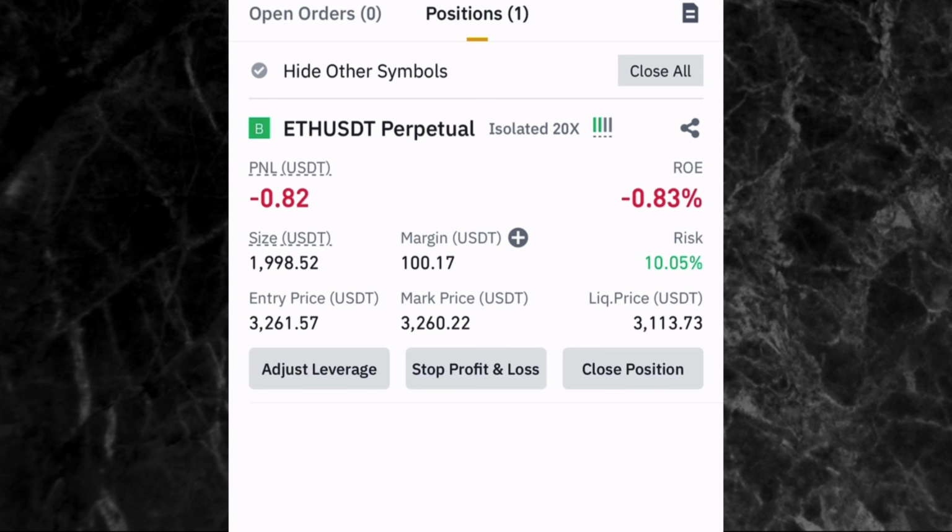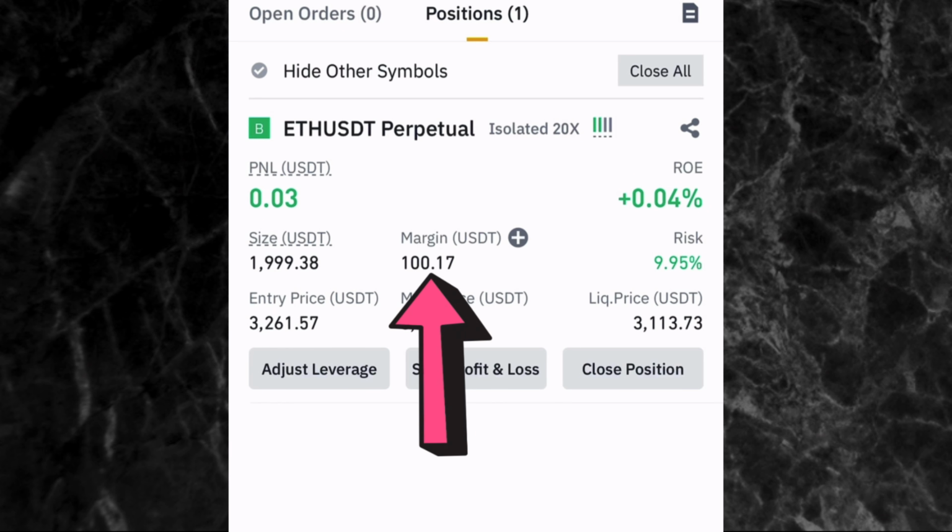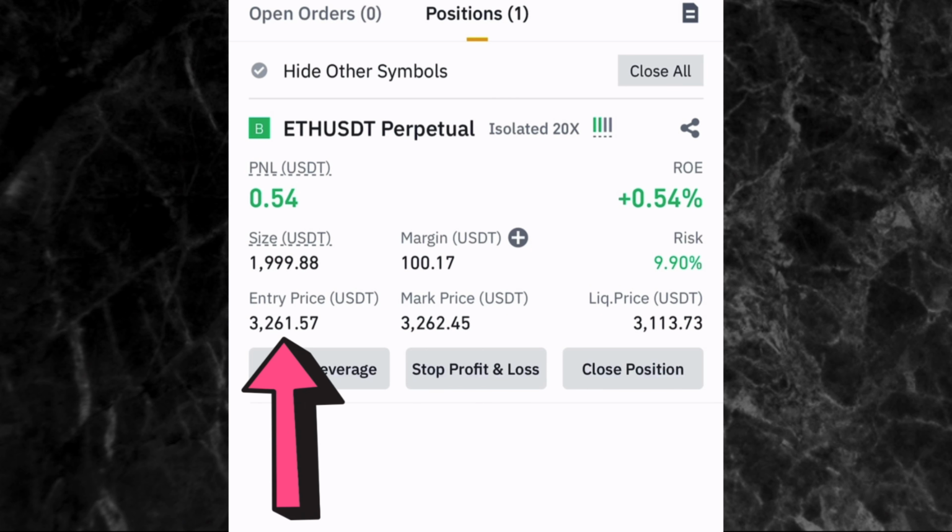Now let me explain some terms I need you to know right here. Now, you can see the size means the amount of USDT we have used to enter this trade, which is about $2,000. This is 1,999, which is approximately $2,000. And then the margin is the amount of money you used to enter the trade, which is $100. And then you can see where you have entry price in USDT. That's the price you entered this trade. So we entered this trade at